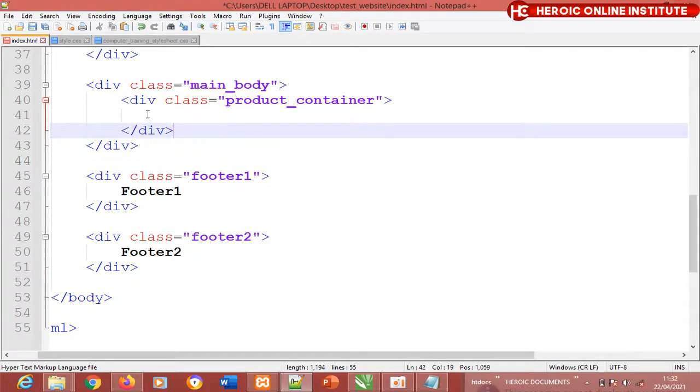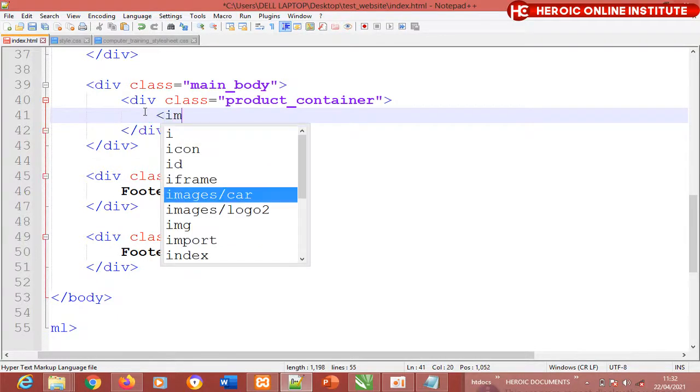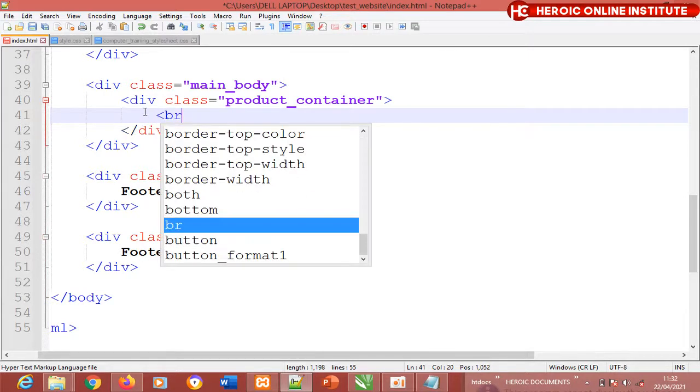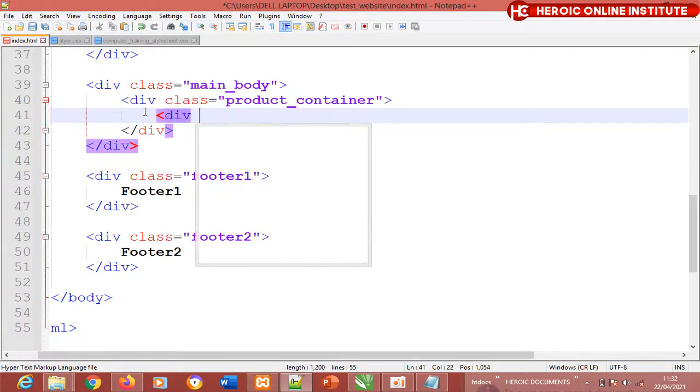Then inside this box now I'm going to add image. Oh sorry, I will say img. What I'm going to do is that inside this box I'm going to create 2 boxes here. The first box will be, is there a need for the boxes? Let me check. Do I need to create boxes for this? Okay, let me just create boxes. The first box for image, so I will say div, the first div now, class, call it image box